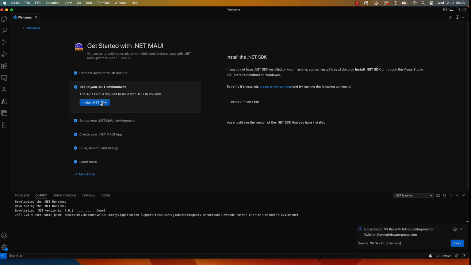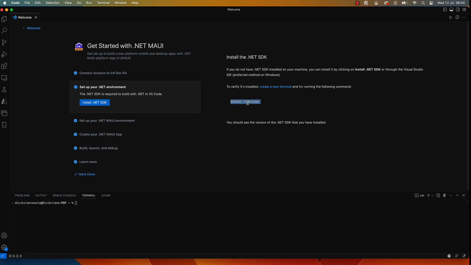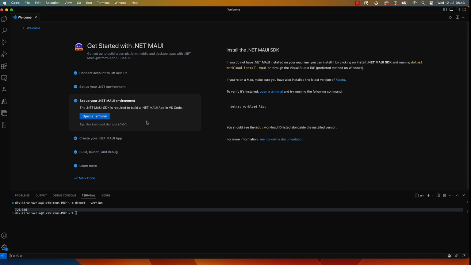and it's asking us to install .NET SDK, which we already did. Just let us verify again. .NET version, and see it's .NET 7, and now the next stage is to set up the .NET MAUI environment, and for that we need to run this dotnet workload install maui